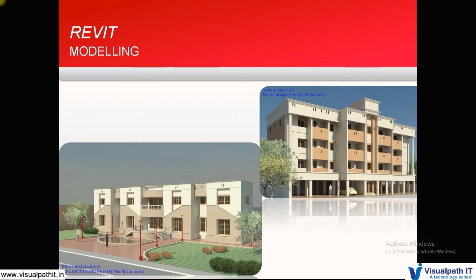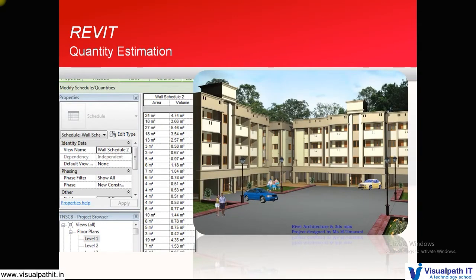However many stories, 3 stories, 4 stories, any number of stories, the file size can be controlled by you. So you can see the output picture now. This is a school project, a multi residential project is there. This is a commercial project. You can see on the left hand side how the quantity will be estimated by Revit for you. So you take out the quantity and put it in Excel and you can get the rate estimation also.